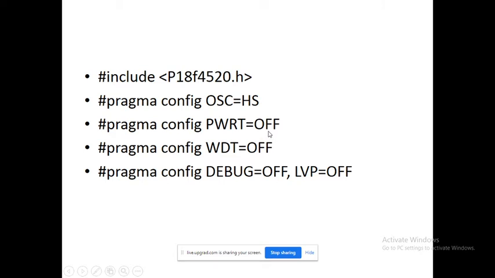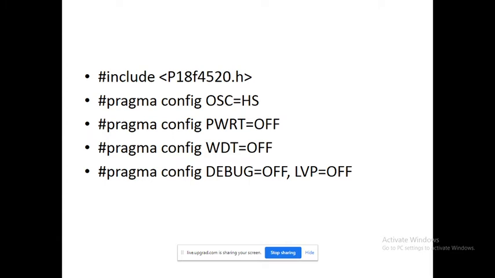Suppose we make all devices on, that time everybody wants the power, everybody sucks the power, and that's why power consumption is more in that case. And we want to save the power also, and that's why we are just turning on the devices which are useful from the application point of view. Initially all devices are physically available there, but we are enabling only those devices which are suitable for the application. Now for the laboratory point of view, there is no need for accuracy, and that's why we are making PWRT off.